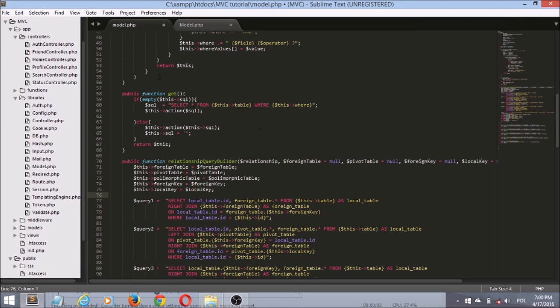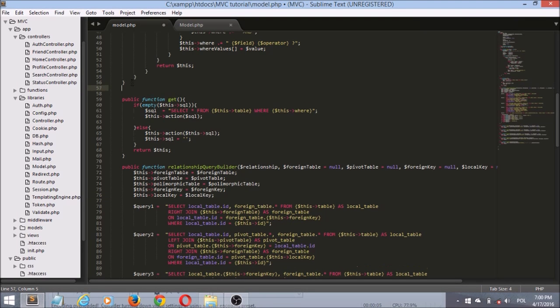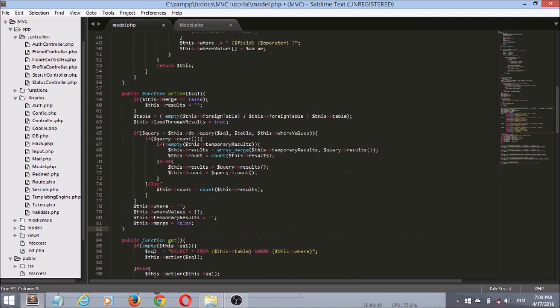Now let's paste in the action method. So in our action method, our action method as a parameter takes SQL query, and then we want to check if this merge property is equal to false. If it is, we want results property make equal to nothing,